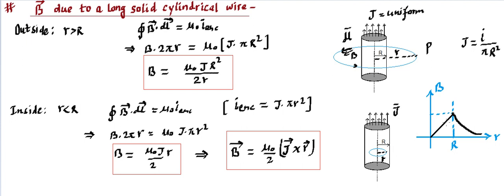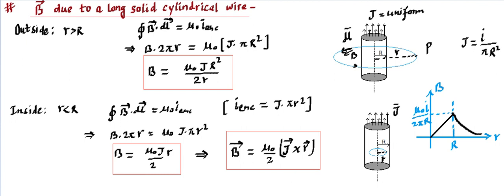And we can find out where the magnetic field is maximum and how much that is. It's maximum on the surface, and its value is going to be, you can replace this small r by capital R, so it's going to be mu naught J R upon 2, and you can also write it in terms of I. We can write J as I upon pi R square. You'll find it will convert to mu naught I upon 2 pi R, exactly the same as that because of a hollow one. So the outside field is exactly the same as that of a hollow cylindrical wire, or simply a thin wire, and inside it's going to be directly proportional to the radius.